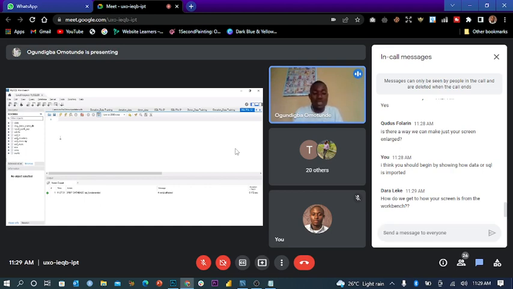So let's create the schema first. I said we use uppercase for our functions, so we are telling SQL that we want to create a schema. So, CREATE SCHEMA. Then what do we want to name our schema?